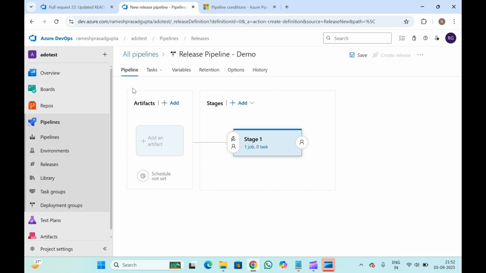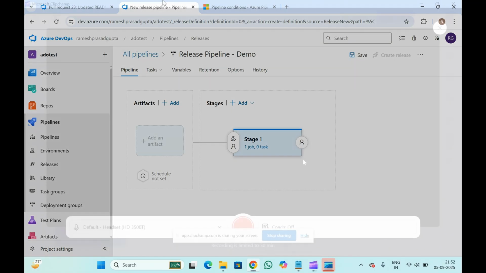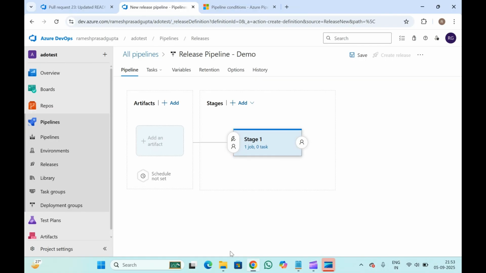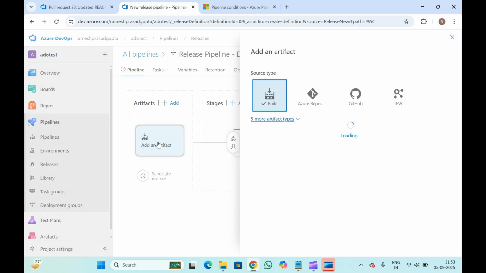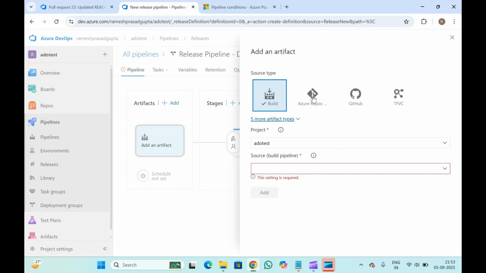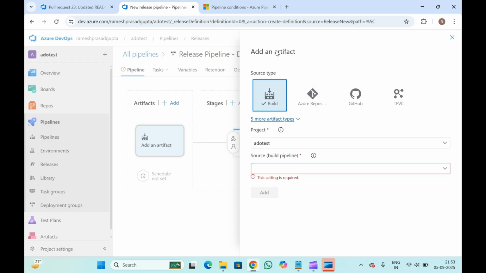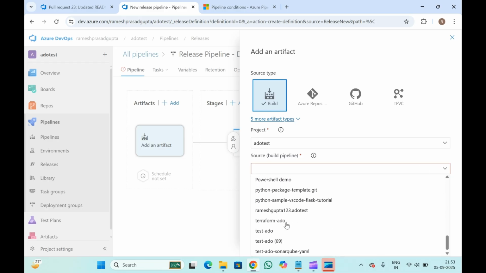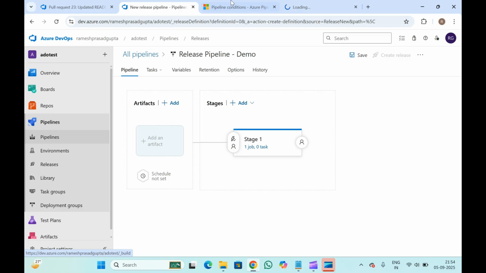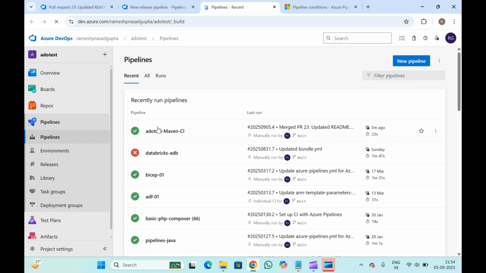Before that, let's add the artifact here at this option, because we need to trigger this pipeline first after adding the artifact. So let's click on Add an artifact. Here you can add your build pipeline, or your repository. If you have a different repository like GitHub, you can add that as well. Since we have a build pipeline, let's add the build. This is the project, and let's select the build pipeline. Let me check what the pipeline name was by going to this pipeline. Okay, so this was the pipeline name,